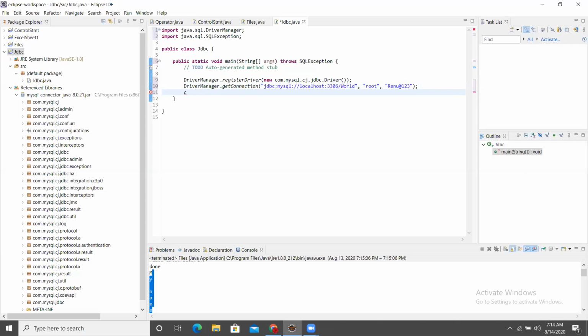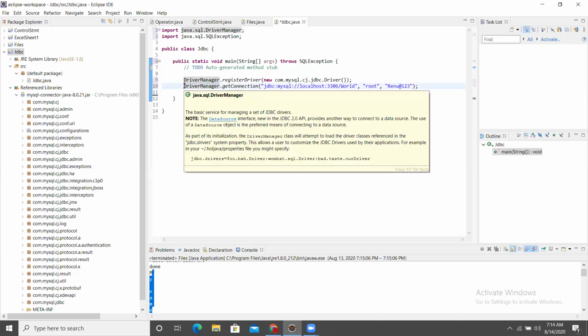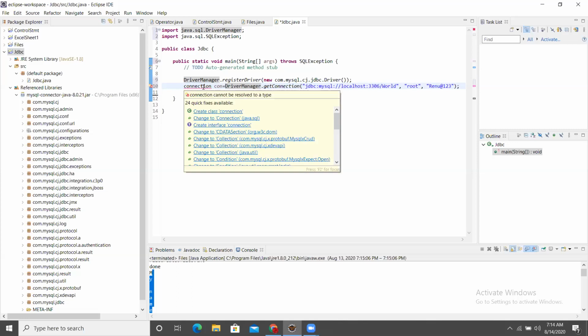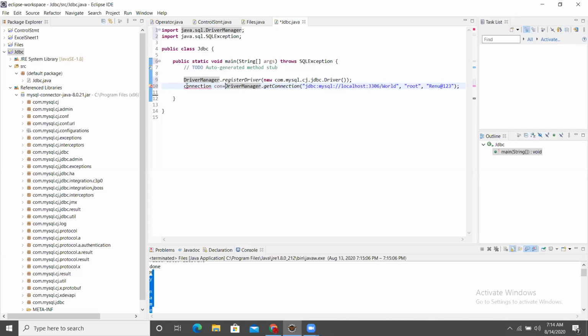Connection. Type Connection, space, con equals. Here Connection has a capital C.